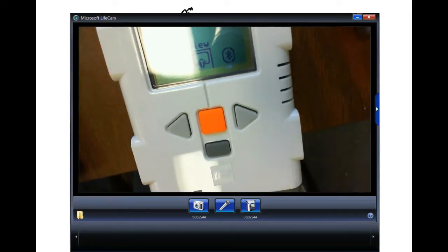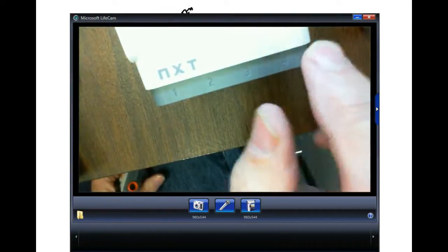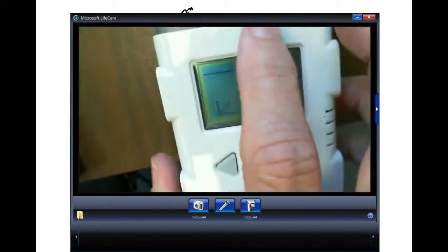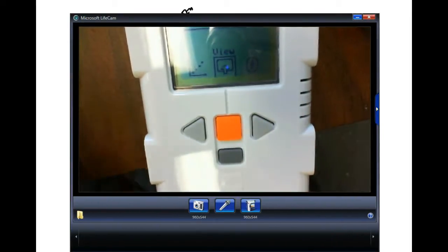So down at the bottom, these are 1, 2, 3, 4. These are our input ports down here. This is where you're going to hook your sensors. And then A, B, C, these are your I/O ports. This is where you're going to hook your motors. So I'm going to take my ultrasonic sensor and hook it up to a port,